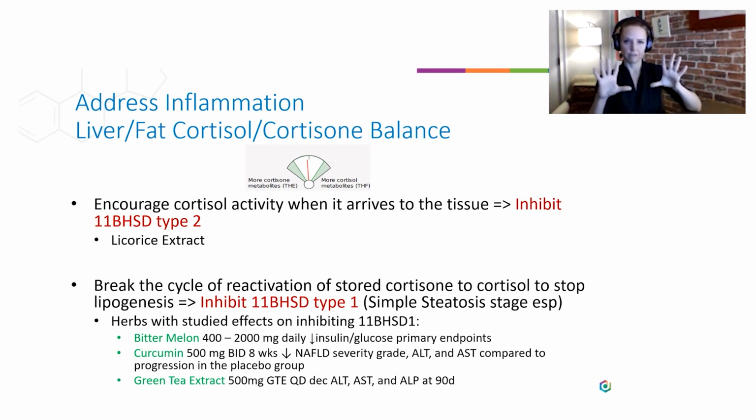So under the inflammation side of things, we want to balance cortisol and cortisone in the liver fat. We want to encourage cortisol activity when it arrives to the tissue. It's there for a reason. If it's getting converted over into cortisone, it might make sense to work to inhibit that in some cases. Licorice extract is our treatment for that. Licorice carries the risk of high blood pressure in patients who are desperately trying to limit cortisol's